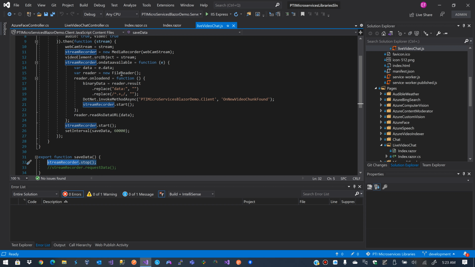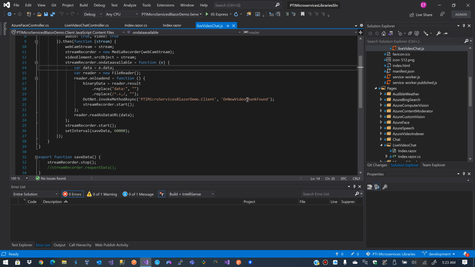So basically this creates a new reader, right? And then we invoke the reader's readAsDataURL. The onloaded function is going to be executed, right? And then we invoke this, and that passes the information to the server. It just passes a small chunk, 60 seconds of video, to the server to be analyzed, and then the process